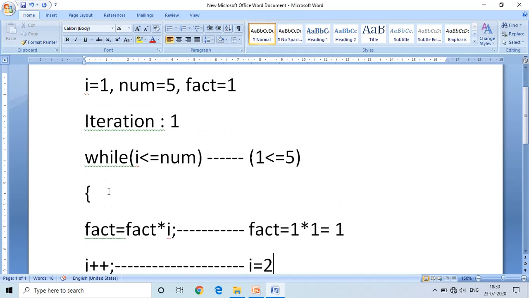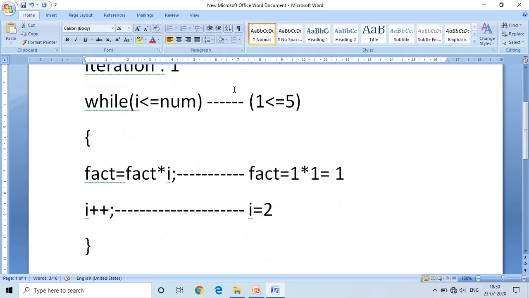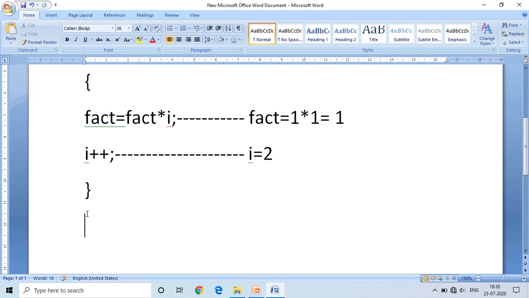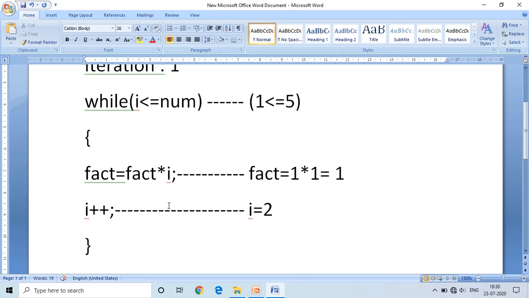After the first iteration, the values of I, num and fact are observed. I value has become 2, num value is 5 only, fact value is also 1 only. Up to here iteration 1 is completed.